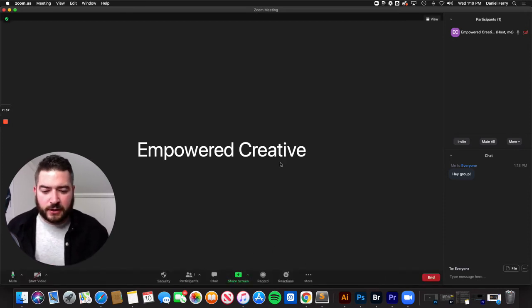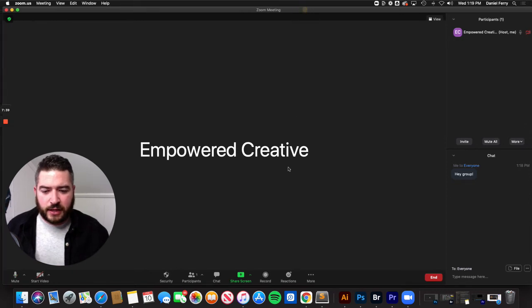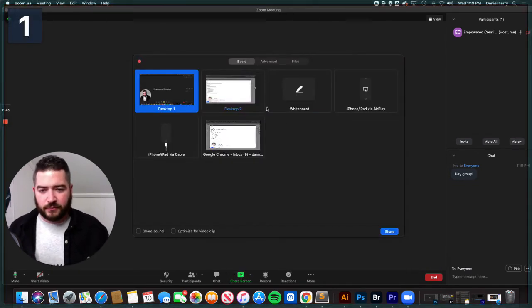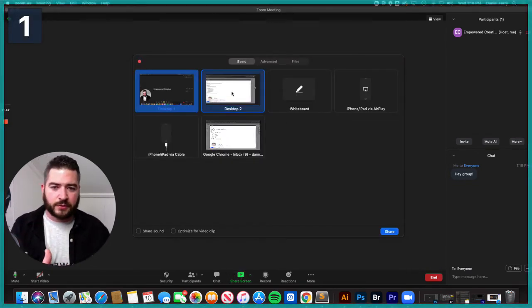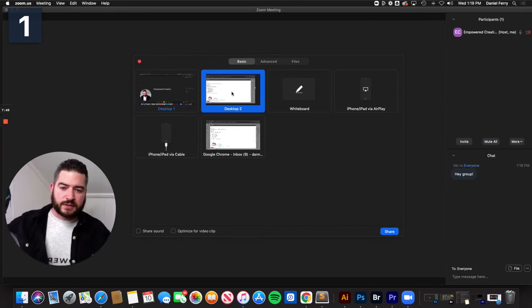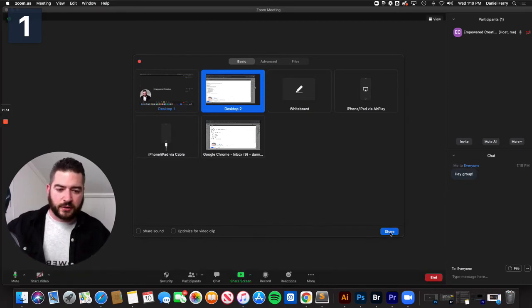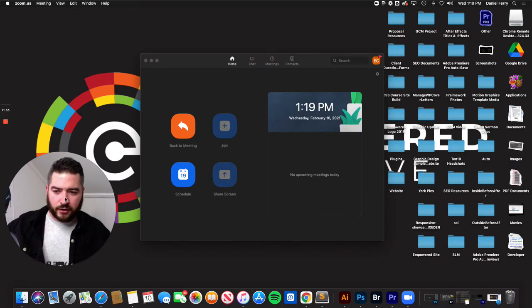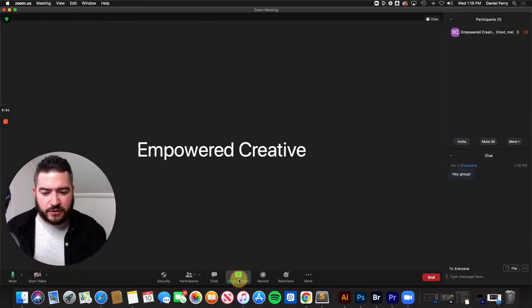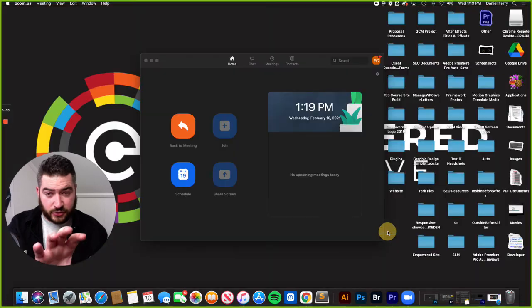The next one here is the share screen, and this allows me to share a different screen. So let's say I'm in a meeting with somebody and I'm talking to them on Zoom, but I want to share. I have a second monitor here, and I want to share that second monitor. I can click here and click share, and you can't necessarily see it, but on my other screen it is sharing that monitor. And if I just do it here and say I'm going to share this screen here,